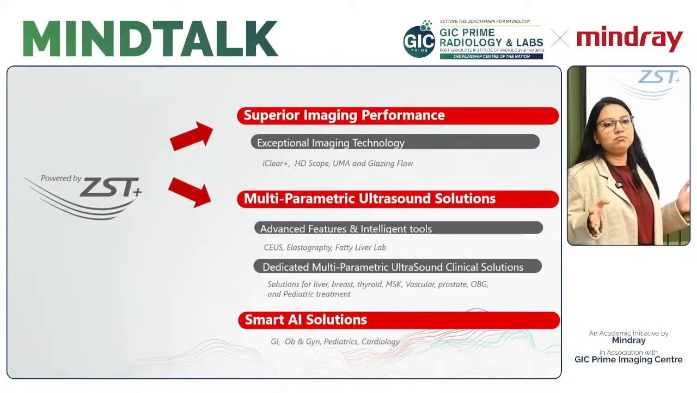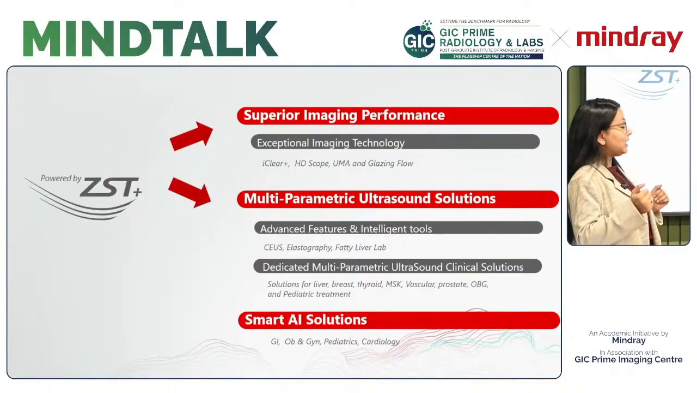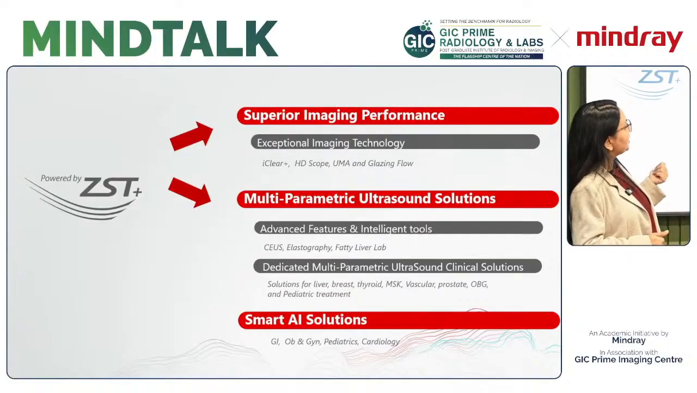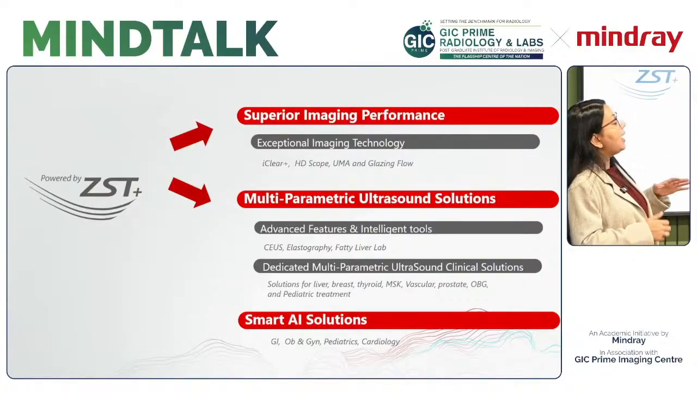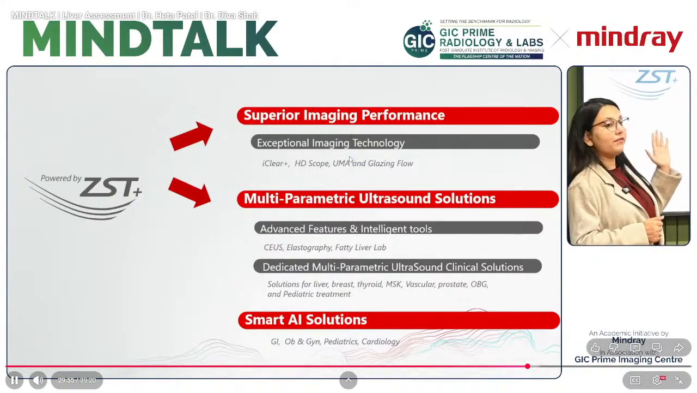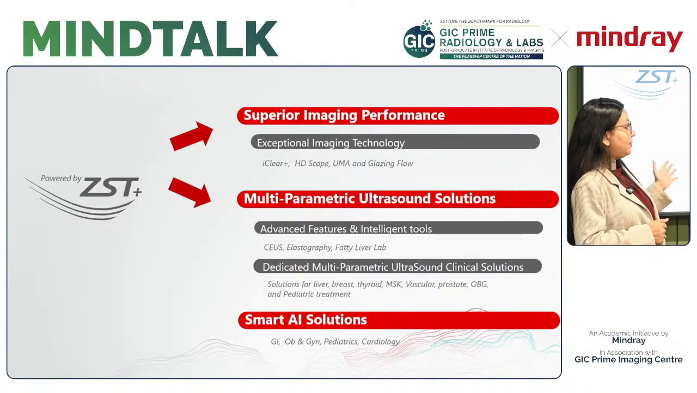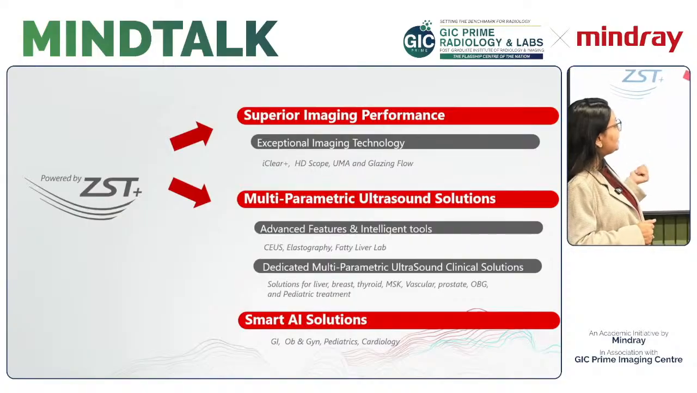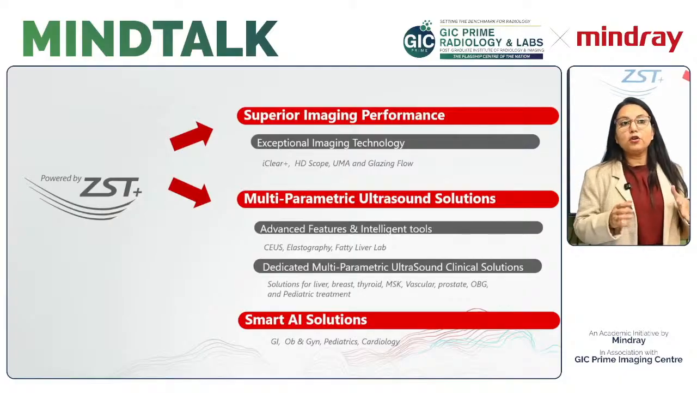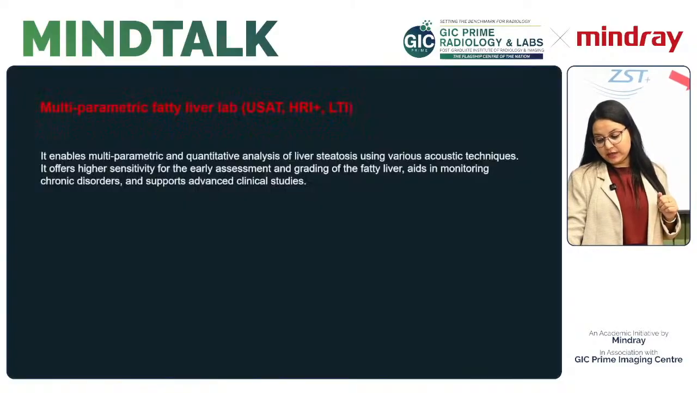Otherwise, if we look at the previous machines, those kind of beautiful images that we are seeing with high resolution probes and high resolution technology are not possible. So we have exceptional imaging technology, that's iClear Plus, HD Scope, UMA, Glazing Flow, all available in our i9 equipment. And our ultrasound solutions are multi-parametric, which gives you contrast, elastography, and Fatty Liver Lab. Also, we have solutions for breast, thyroid, MSK, vascular, prostate, OBGY, as well as pediatric. Also, a lot of AI solutions are there,